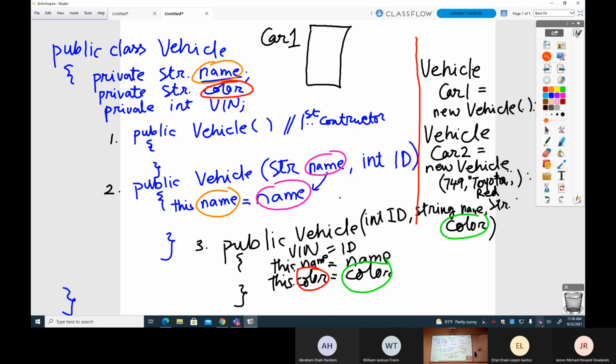The third one. Why? Look at the arguments that I passed. So now this is going to create a Toyota, and it is going to be called